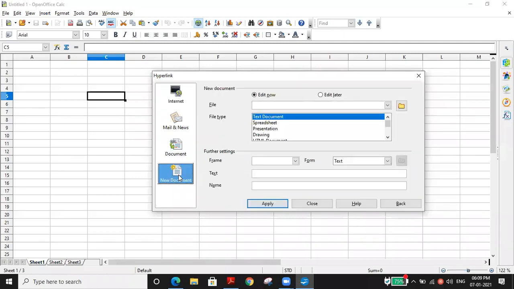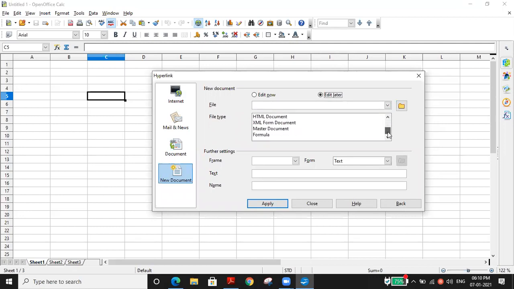Just select the New Document option. Then you can find two buttons, Edit Now and Edit Later. Let me do the editing on the new document later, so I'm just clicking the Edit Later option. Then the file location or file path where the new file should be, we need to select. Now we are going to create a new file. What type of file?